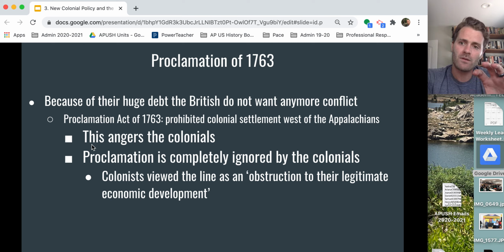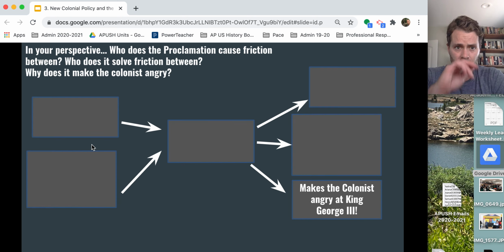Now, the Proclamation Line of 1763 is the last important thing in 1763. So, with the Treaty of Paris, we have Pontiac's Rebellion, and we have the response to that, which is this Proclamation Line. Those three things all happen in the same year, which is why it's considered a huge turning point, especially in British and colonial relations amongst the two groups.